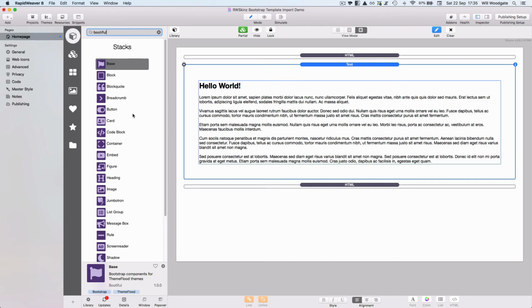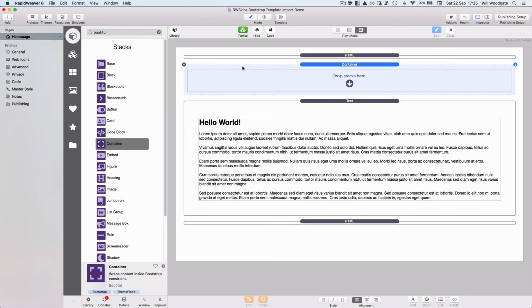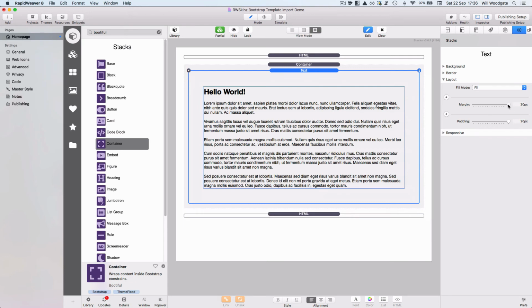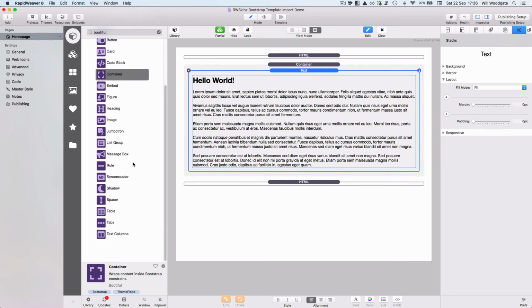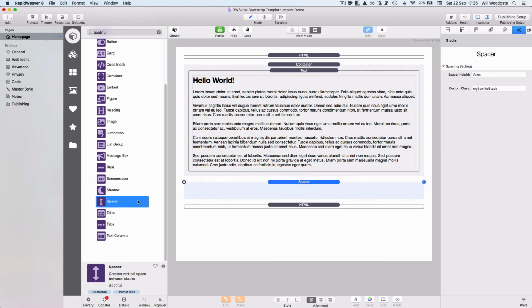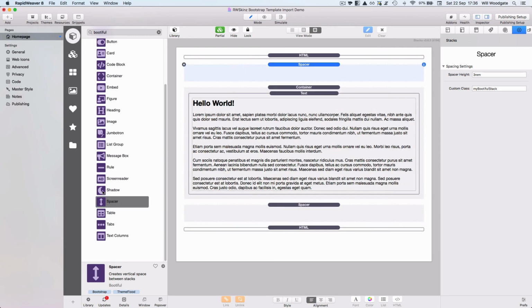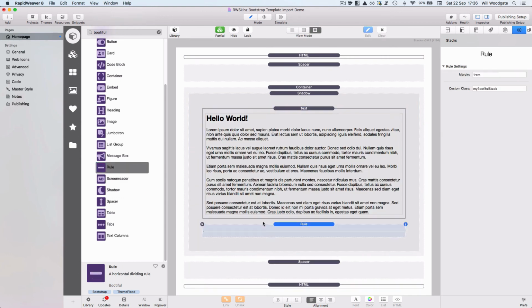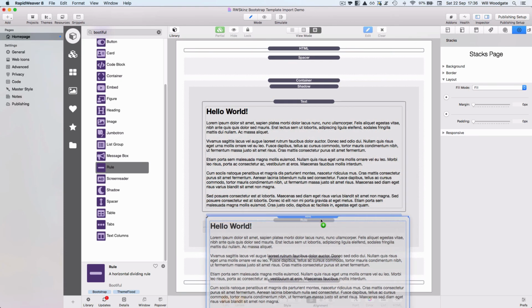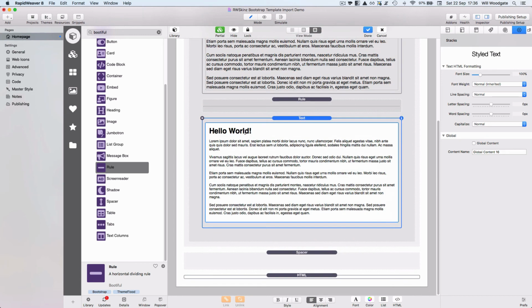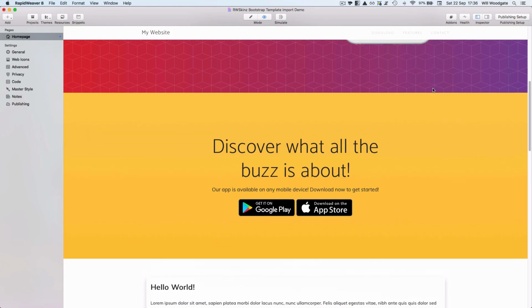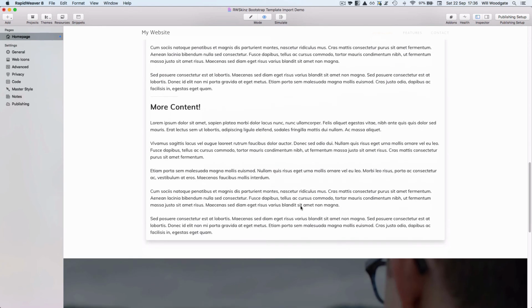And so, for example, if I wanted to constrain the content within the middle of the page, I could start with a container stack, and we could put in our content in the middle there. I'll just turn off those. There's a spacer stack as well, which we could stick in here quite easily, and we could also get a bit creative and put content within a shadow. Put in a rule, duplicate some content, change this to more content, close the Stacks library, preview the page again, and you can see straight away we're starting to construct ourselves a really nice website